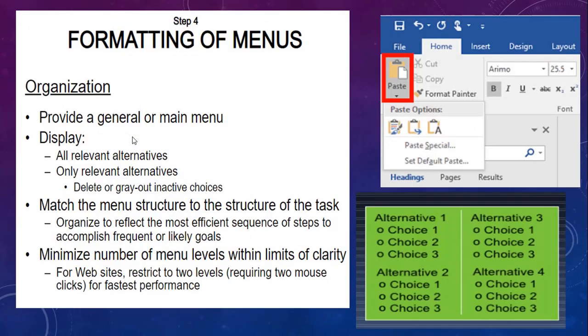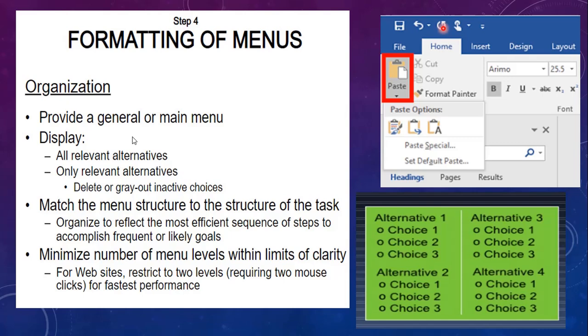The next guideline is organization. In organization, the first point is to provide a general or main menu. When a menu is being displayed, you may have a top level menu in a hierarchical menu scheme.